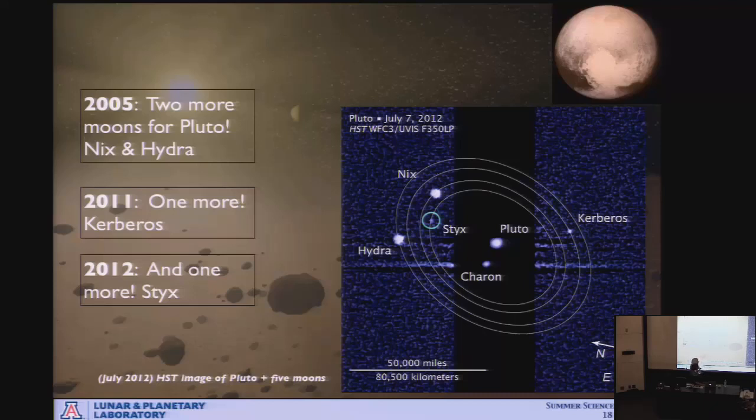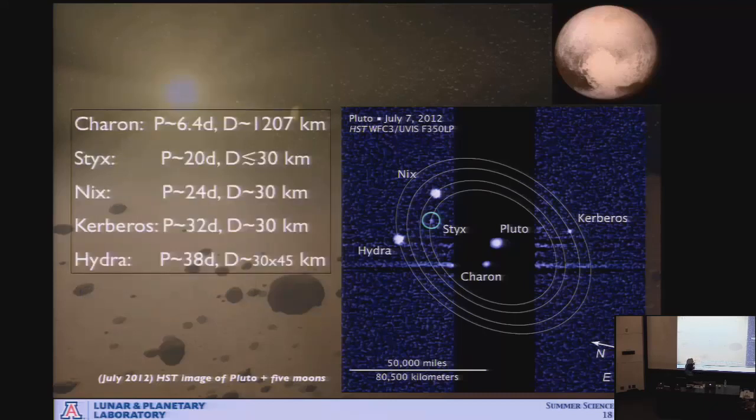The sizes of these are, let's see, Charon, I said, is about half the size of Pluto. Its diameter is about 1,200 kilometers. And the other moons have diameters of about 30 kilometers or so, roughly the size of the city of Tucson. These orbit Pluto with orbital periods of about 1 week for Charon and about 5 weeks or so for the outermost one,